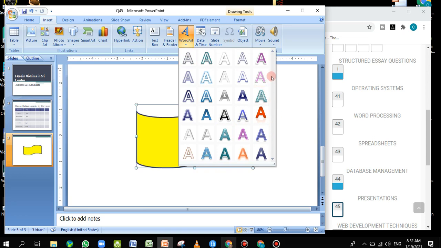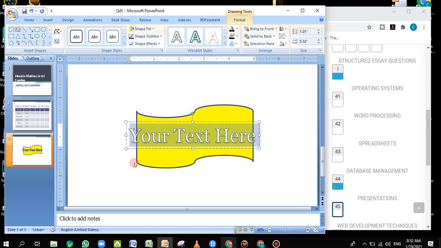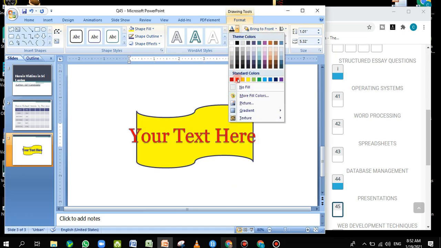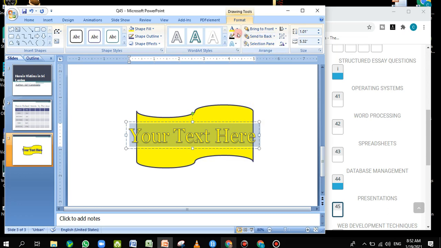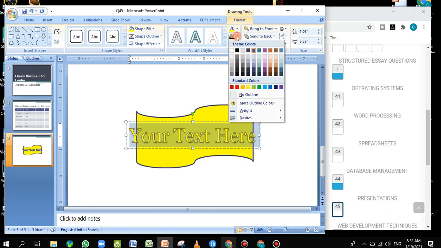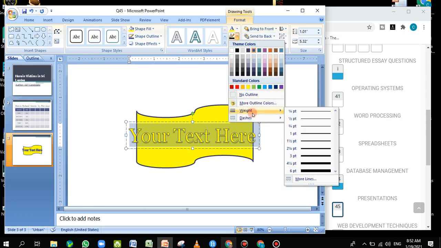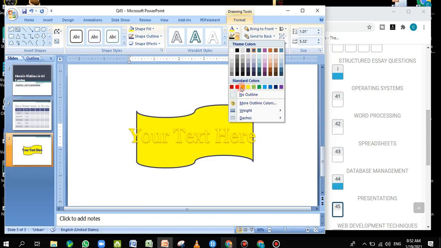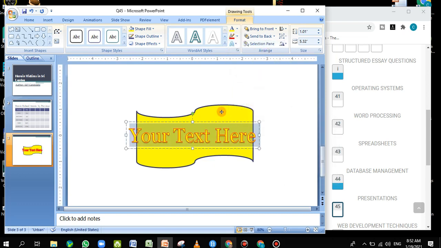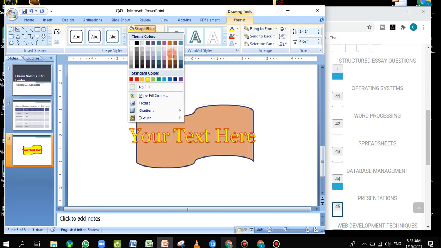I think I have seen something like this, a red color outline and inside something. So I'm going to take this. I can change it. I can go to format and change the font color and the font outline. I think it's red, and this color also, the shape fill, I'm going to change it to something like this. Okay,